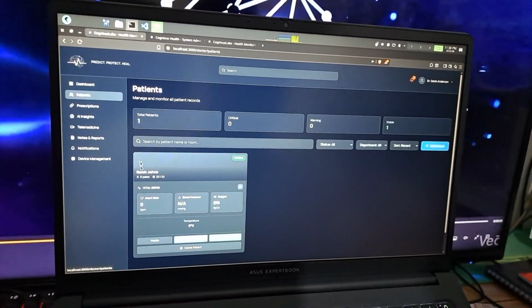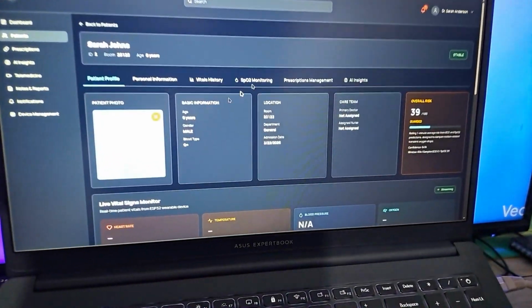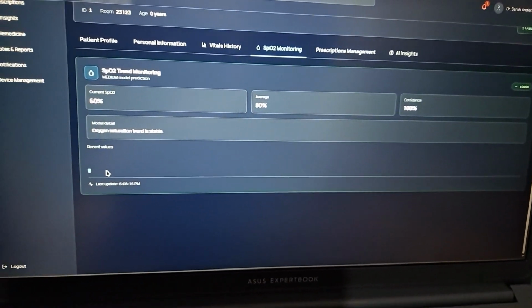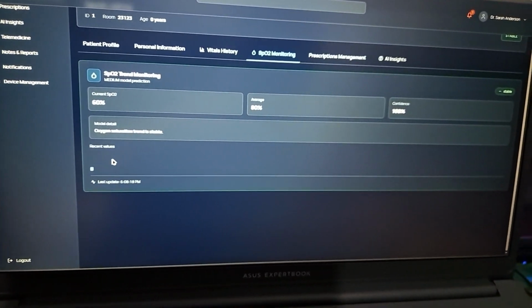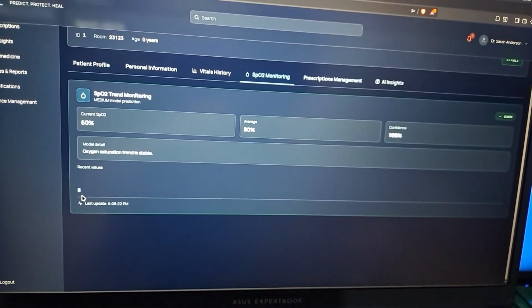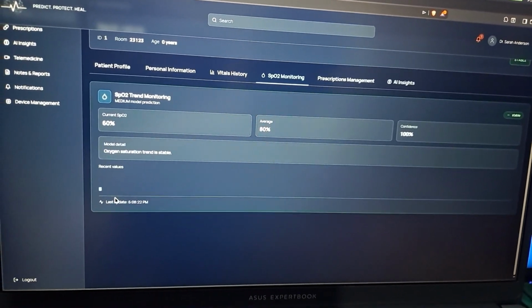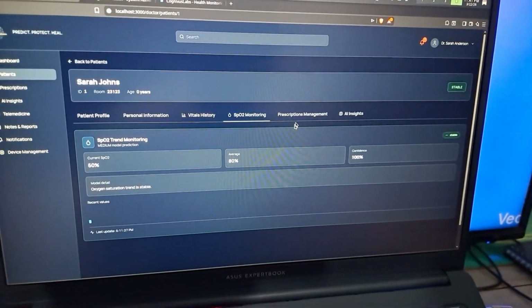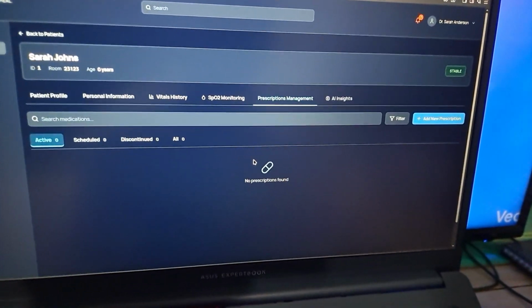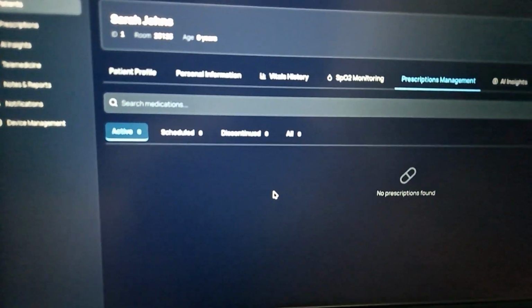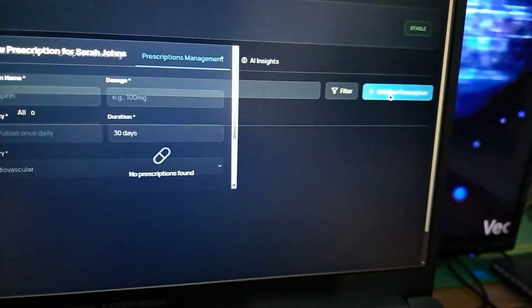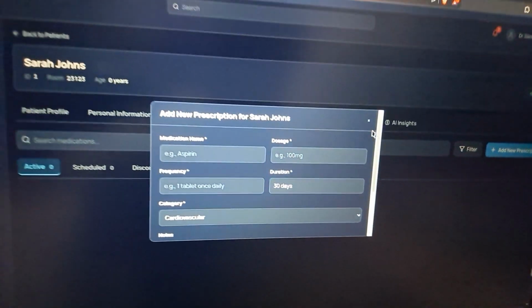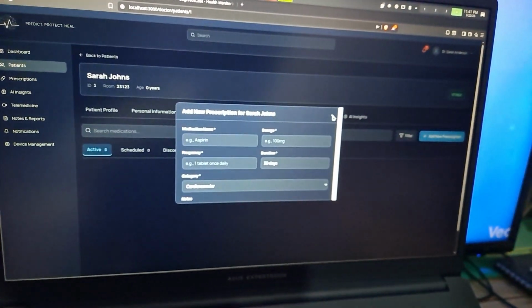Then let's again move to the patient's profile and SpO₂ monitoring. Here also you can see a bar chart plot which provides the oxygen values per the time period. Yeah, so let's move to the prescriptions management tab. It is not that special. We can just add a prescription for patients. Then the next special tab is